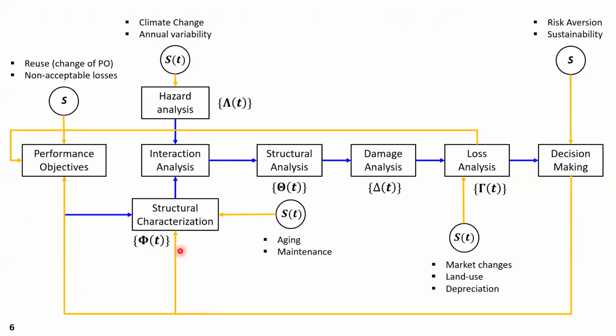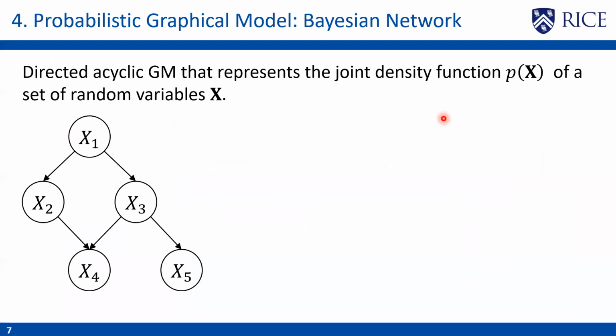So how do we account for all these dependencies between the random variables in the system when our objective is to compute the marginal density function of the decision variable, in this case loss? One thing we can see is that by this actual flow of information, we can use these causal dependencies, and we do that using a probabilistic graphical model, specifically here, the Bayesian network.